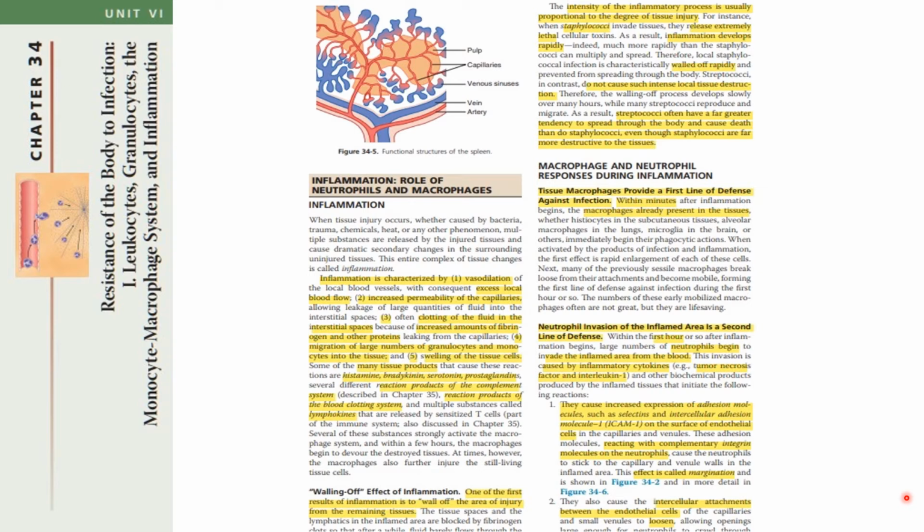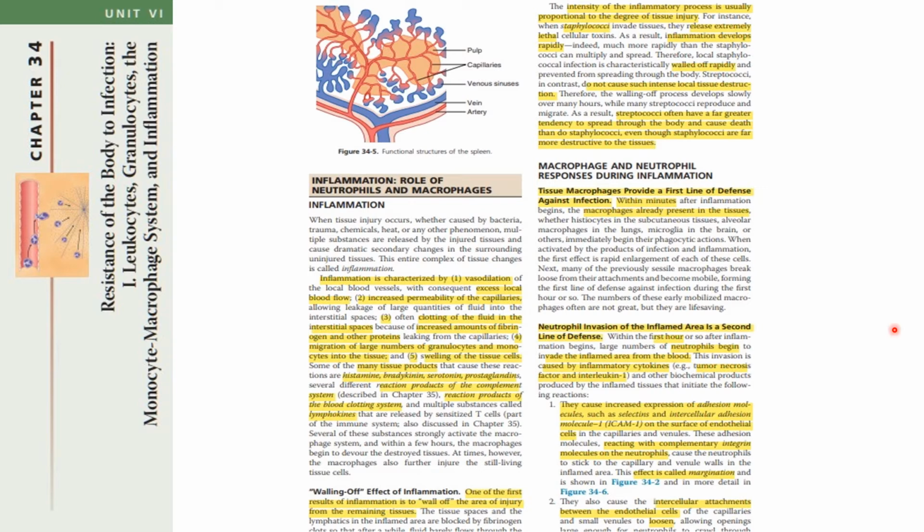Walling off effect of inflammation. One of the first results of inflammation is to wall off the area of injury from the remaining tissue. The intensity of the inflammatory process is usually proportional to the degree of tissue injury. For instance,